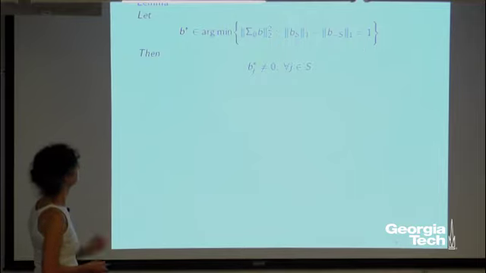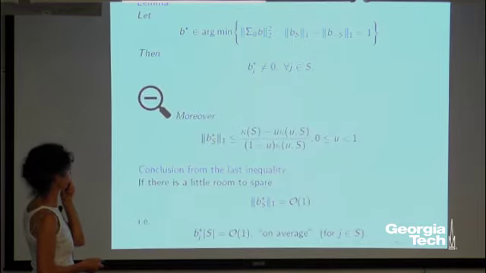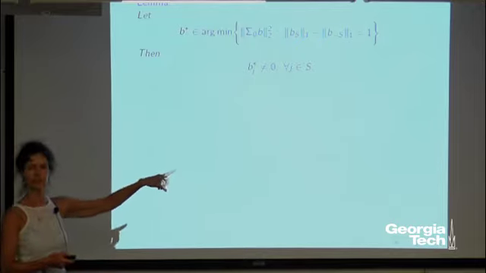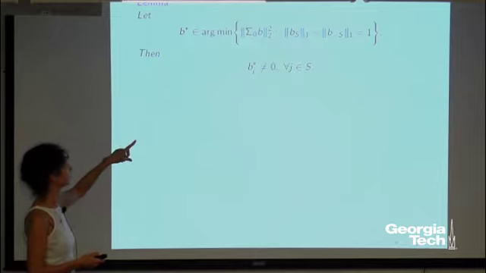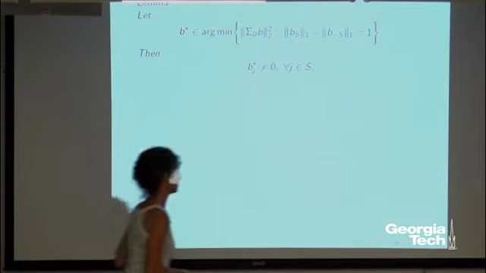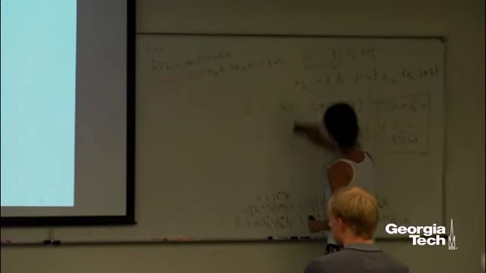Okay. I think I'll just skip this part, except this part. So if you look at this non-convex optimization problem, what is important is to show that the solution will have non-zeros inside the set S. And let me just give you the geometry of that. It's kind of nice, I think. It's quite trivial, but